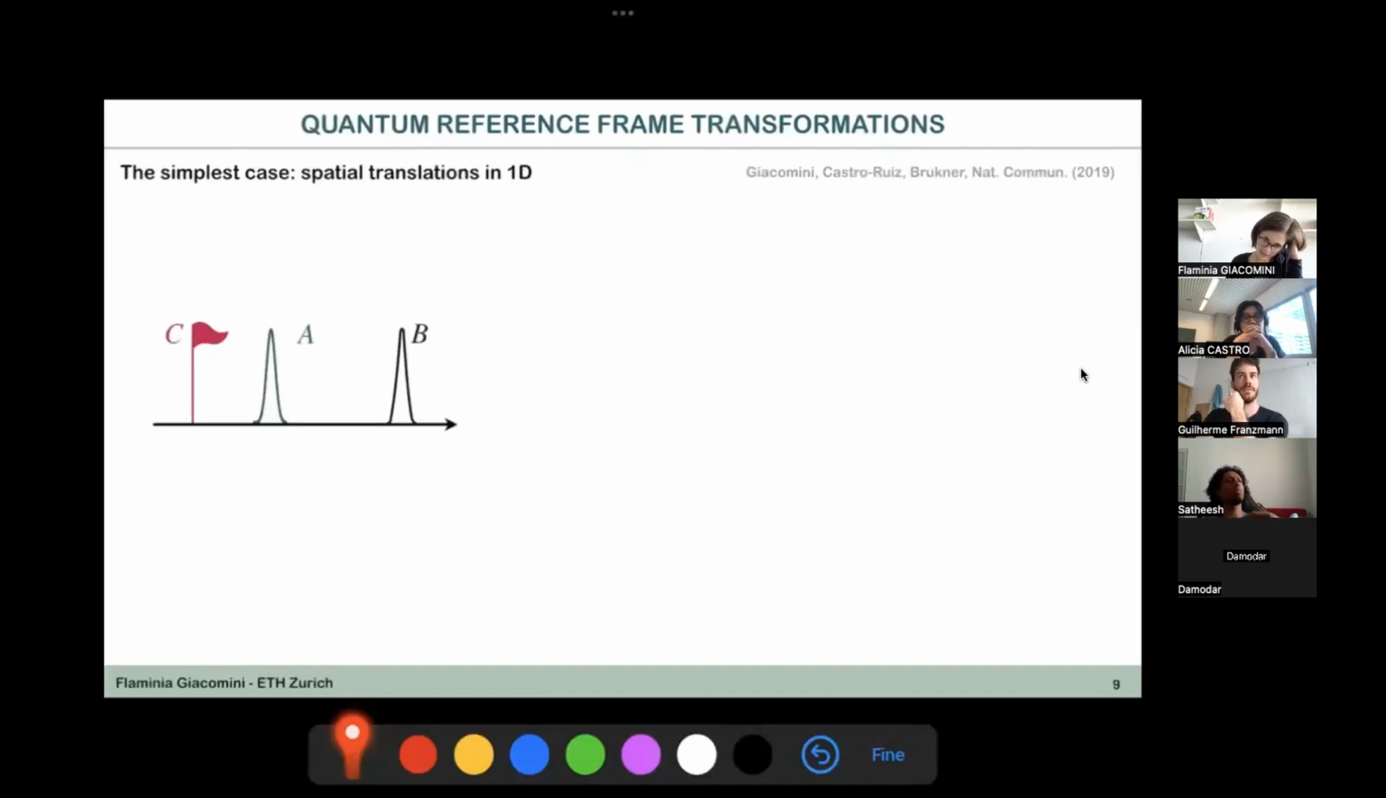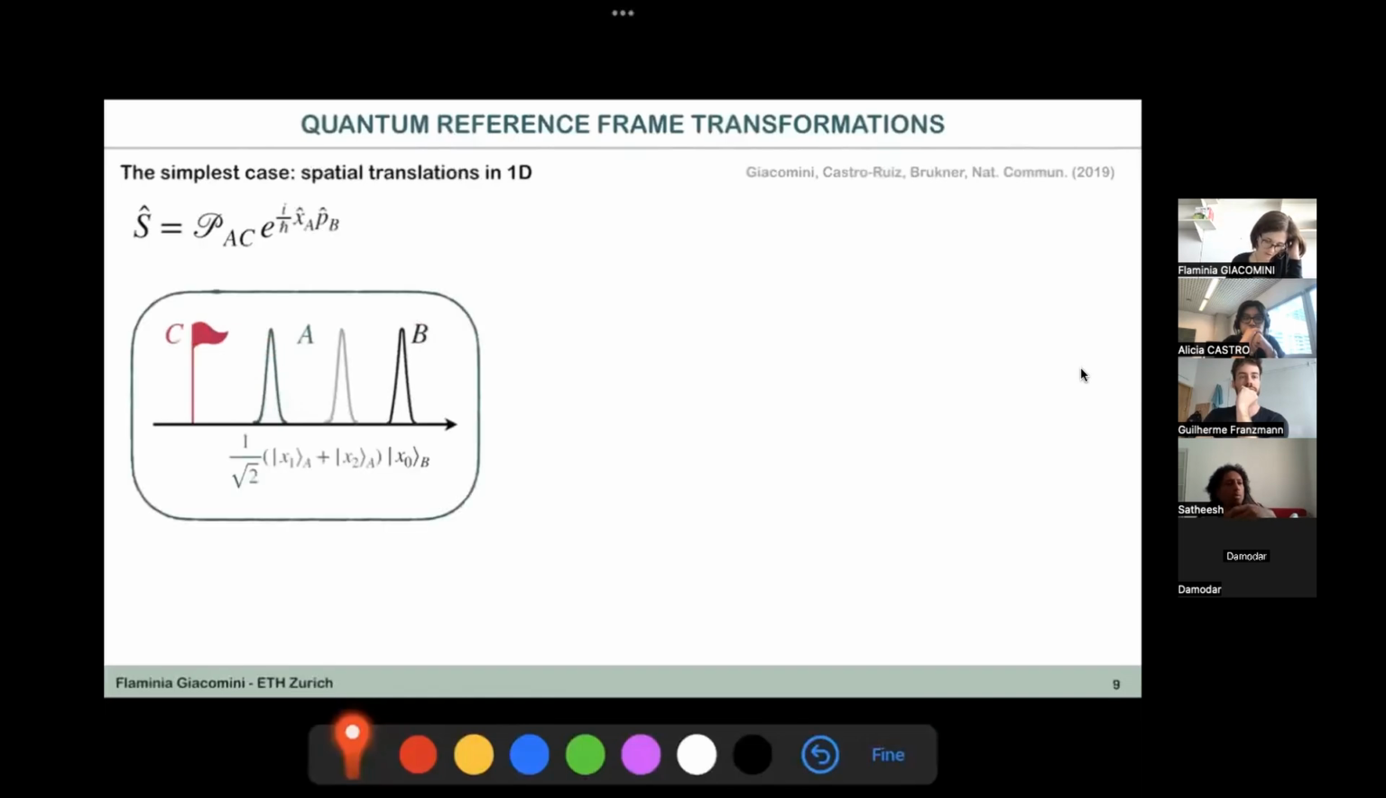And let us start with the simplest case that is the spatial translation in one dimension. So now I have my initial reference frame that is centered in C, and I consider A to be in some well-defined position and B in just some arbitrary quantum state. Here I represented it in this way because it's easier, but doesn't matter. Now, I want to move to the quantum reference frame of this system. Okay, so here something went wrong with the slides. So what I wanted to say is that if A was localized as it was,